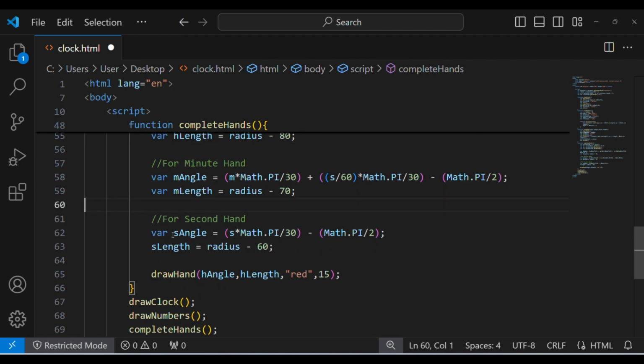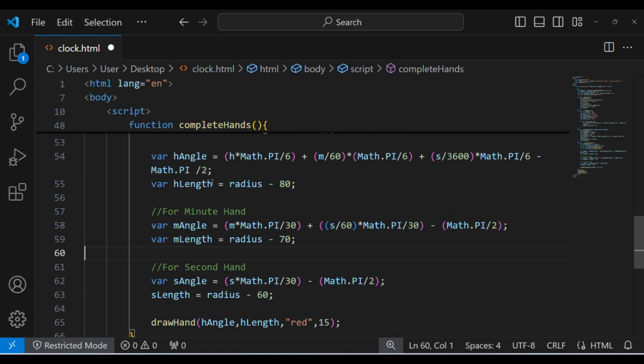In the same way, we have calculated for the s angle. We know that for 1 second, the second hand moves through a 6 degree angle. So for s seconds, it will move through s into pi by 30 radian. And again, we have subtracted Math.PI by 2 from the s angle so that it will give the correct time. Also, you can notice that we have not included hours while calculating the m angle, but we have